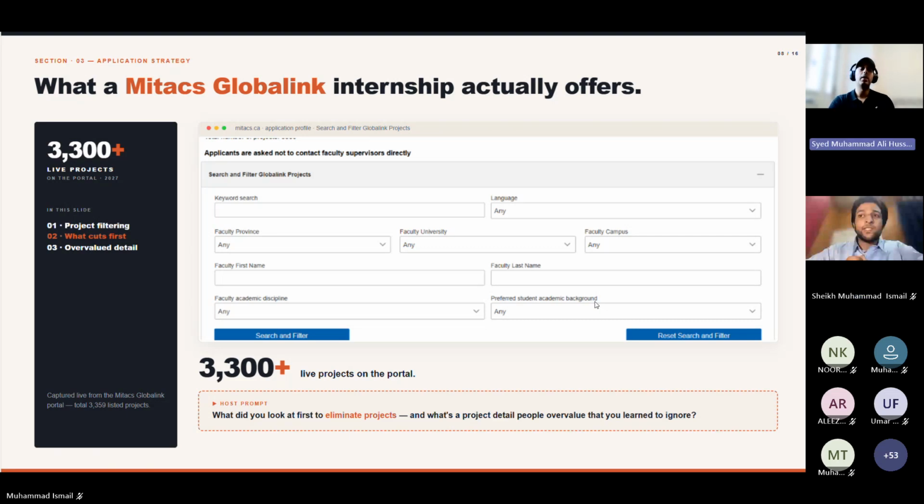Okay, so when I saw the projects, I had a lot of good friends and seniors I talked to, and they told me not to just go for the top universities of Canada, for example U of T, Waterloo, McGill. Keep them, but keep some mid-tier universities as well, because people try to put all the high-tier universities in their list and eventually don't get selected. So what I did was keep a balance.